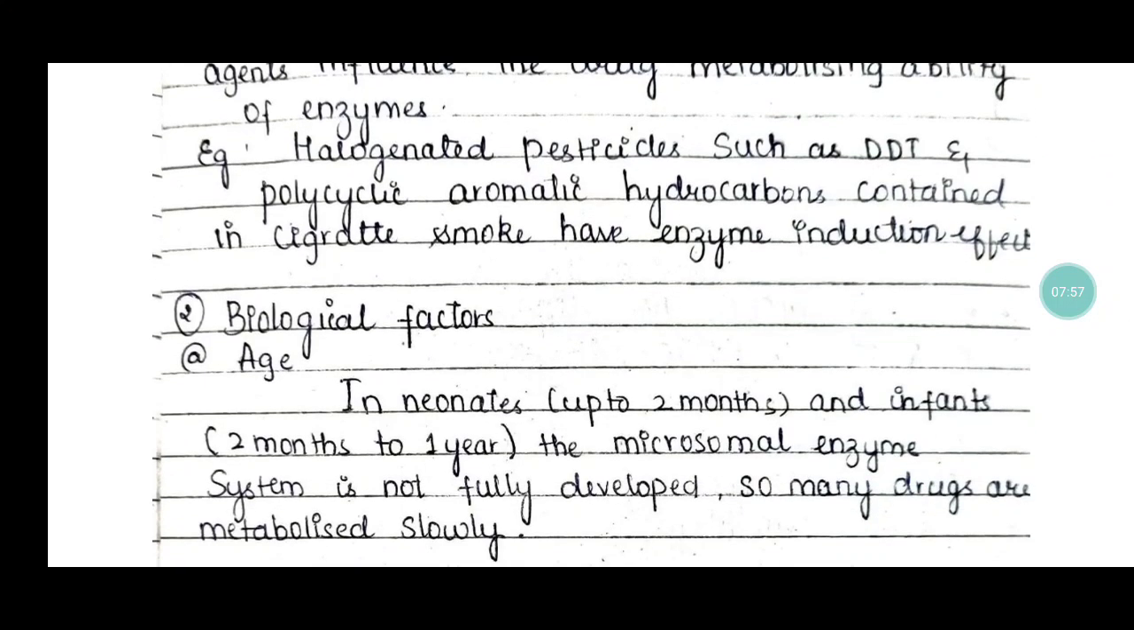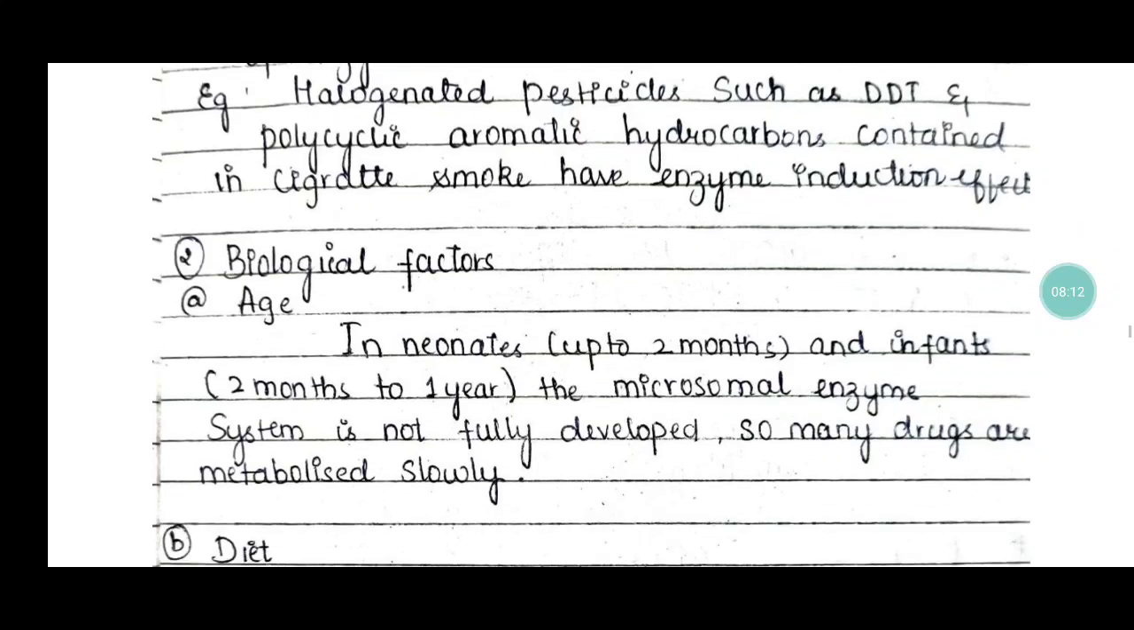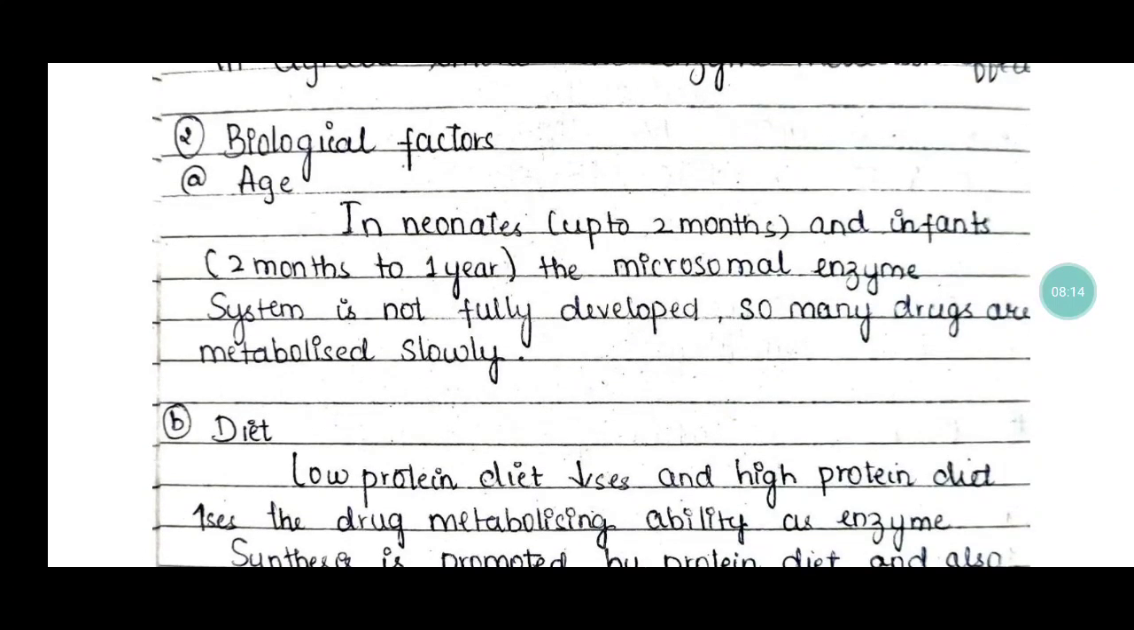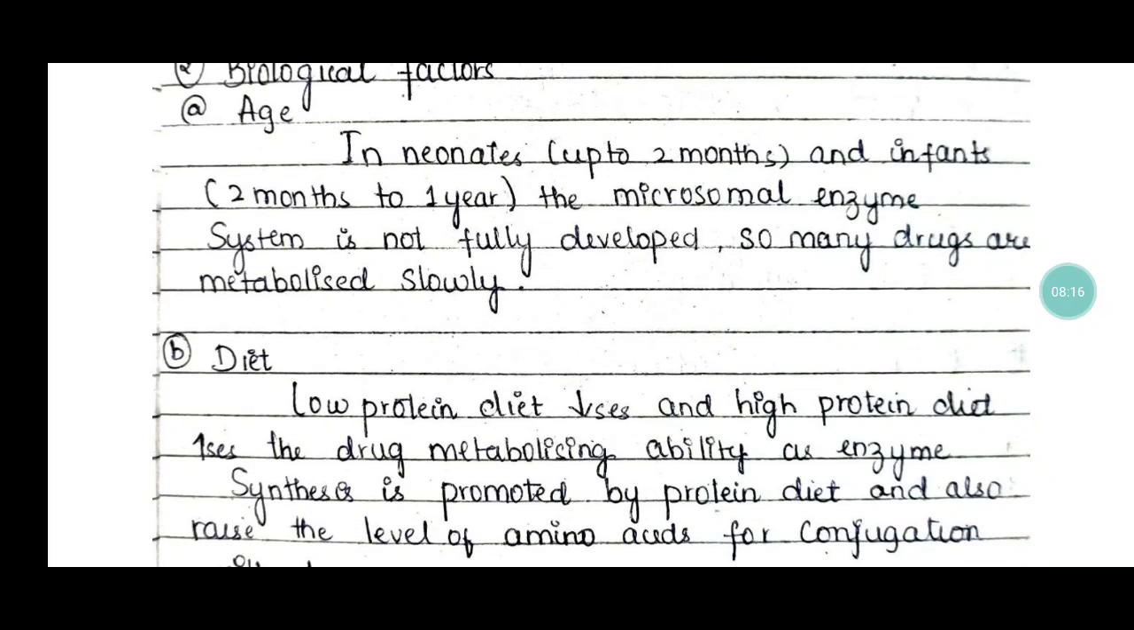So number second, that is biological factors. In that, A, age: in neonates up to 2 months and infants 2 months to 1 year, the microsomal enzyme system is not fully developed, so many drugs are metabolized slowly. B, diet: a low protein diet decreases, and a high protein diet increases, the drug metabolizing ability of